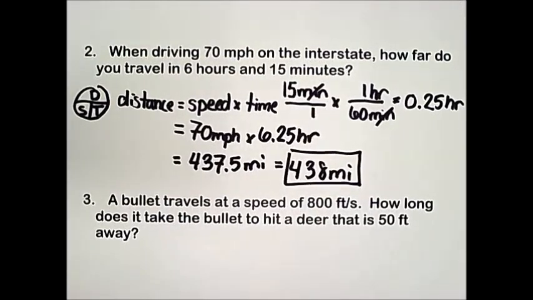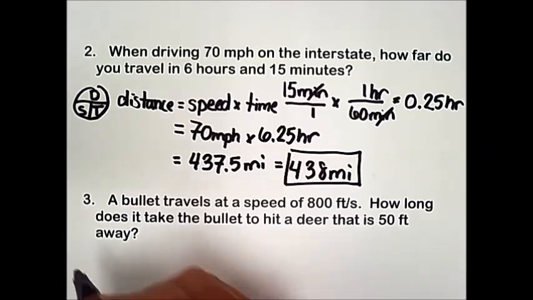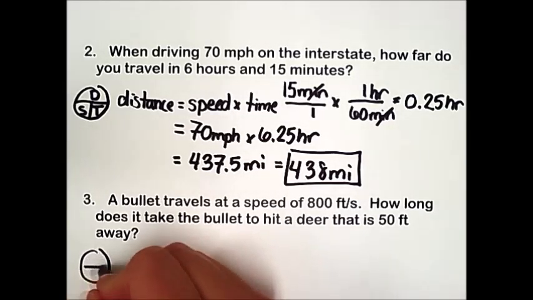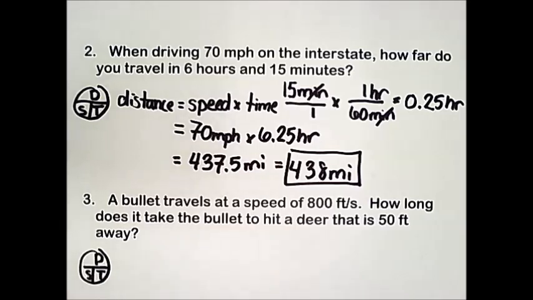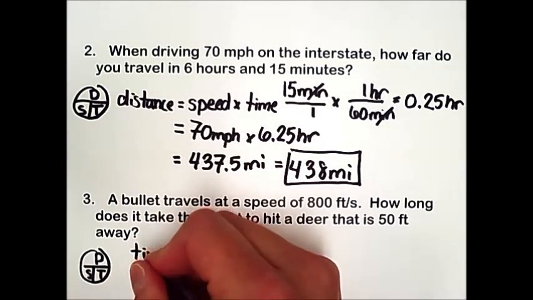Number 3, a bullet travels at a speed of 800 feet per second. How long does it take the bullet to hit a deer that is 50 feet away? So again, we're going to look at our distance, speed, time formula wheel. In this problem, we are trying to solve for a time, how long. So time is equal to